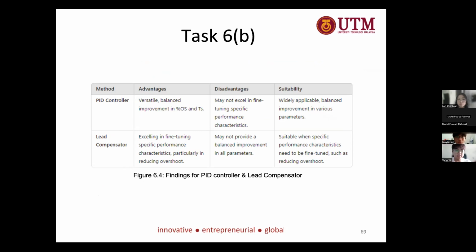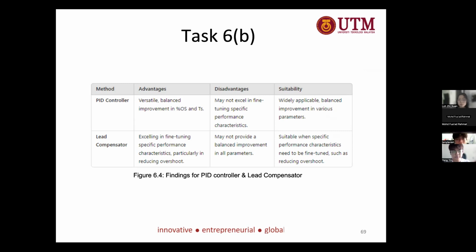Our finding is that both the PID controller and the lead compensator met the specification, but the PID controller gives a balanced improvement in both percentage overshoot and settling time, while the lead compensator excels in fine-tuning specific performance characteristics, especially in reducing